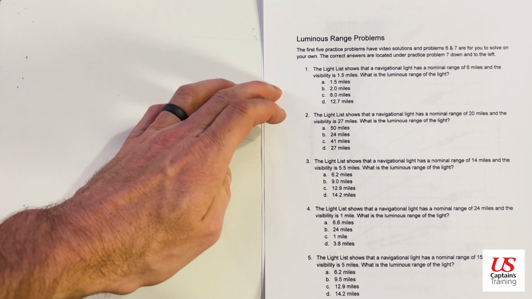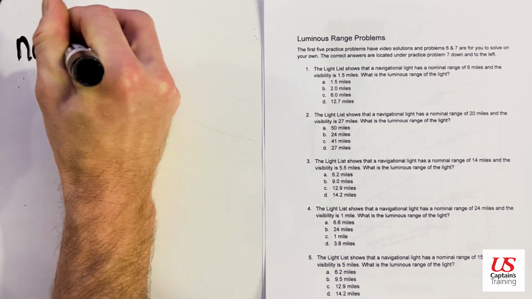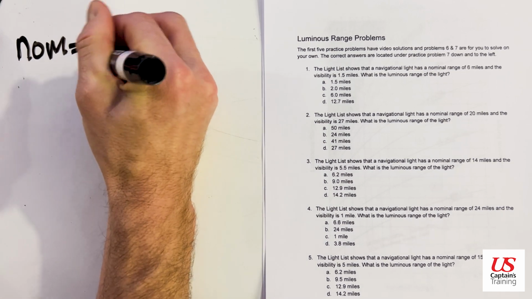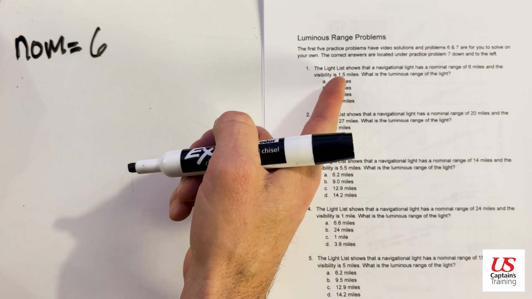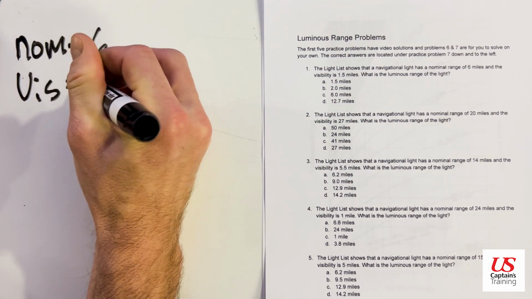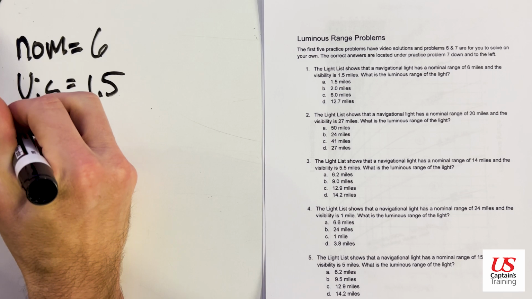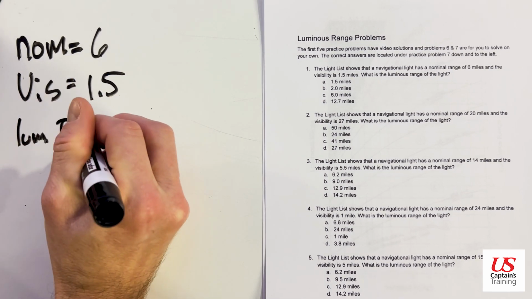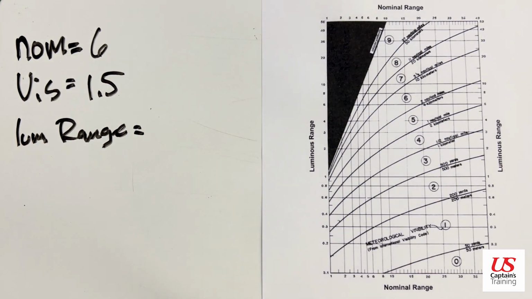So we take our two givens, which is nominal range, which is 6 miles, and our visibility, which is 1.5 miles. And then ask, what's the luminous range? Luminous range equals what? All right, we go to our diagram and we look up nominal range, which you can see it's